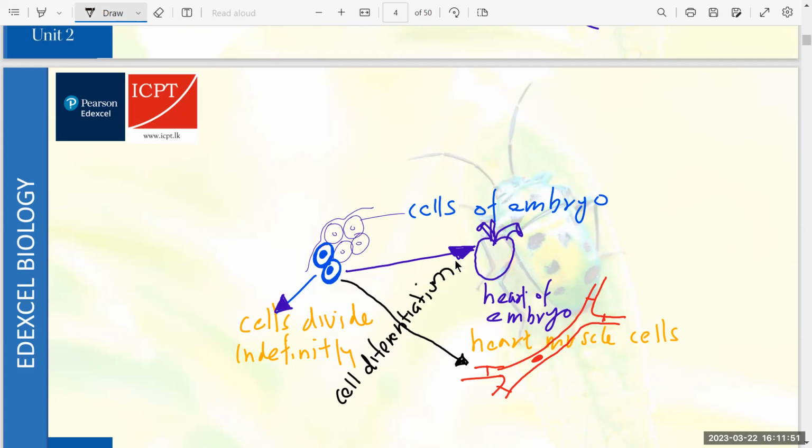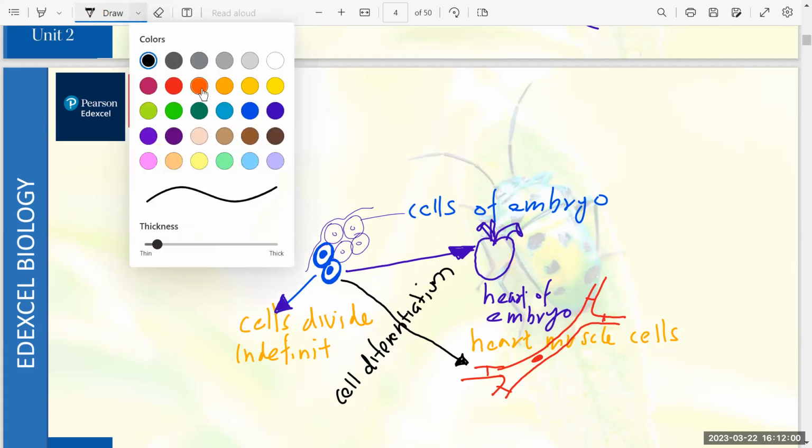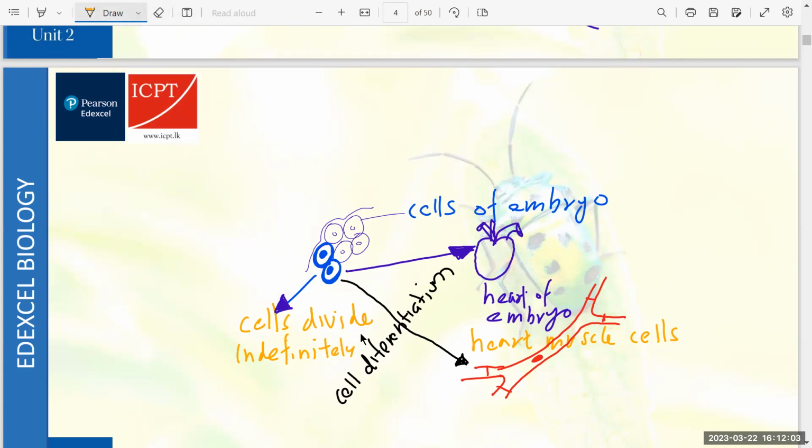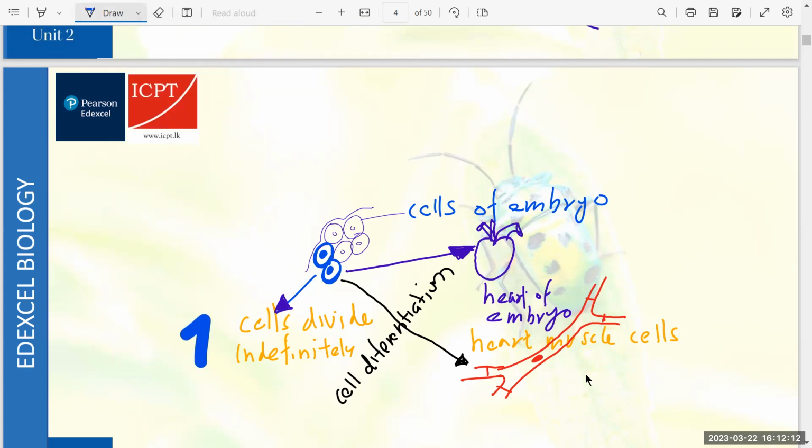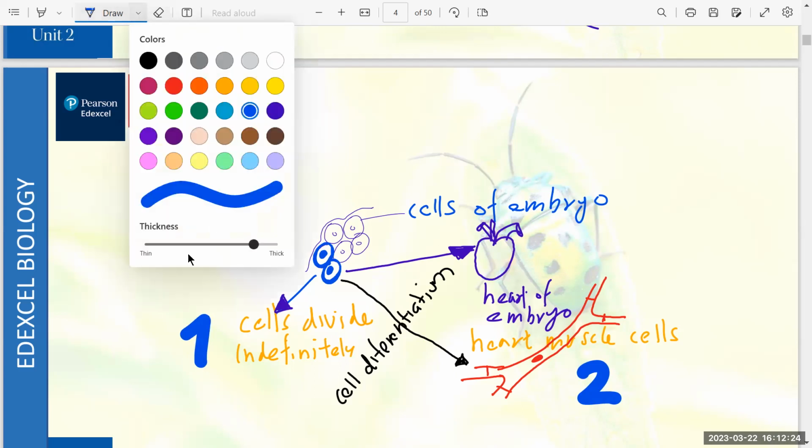So during the embryonic development, certain cells divide indefinitely, and then some of the cells, so this is one, and that's two, some of the cells change into different cells, right? Now, in stem cells,